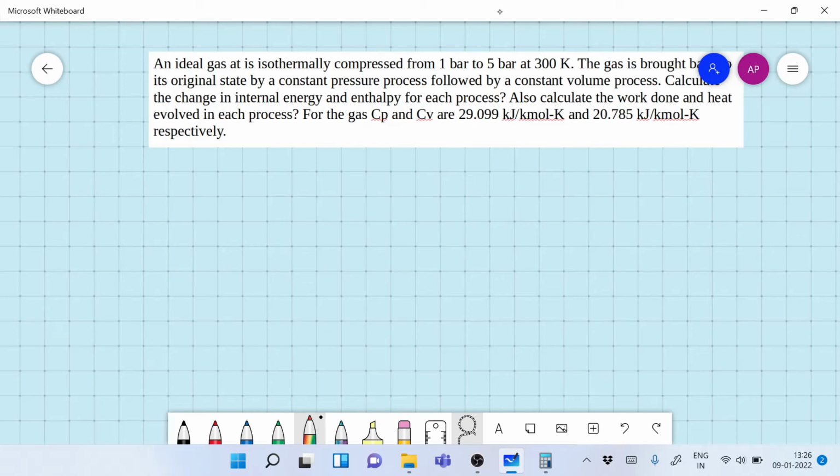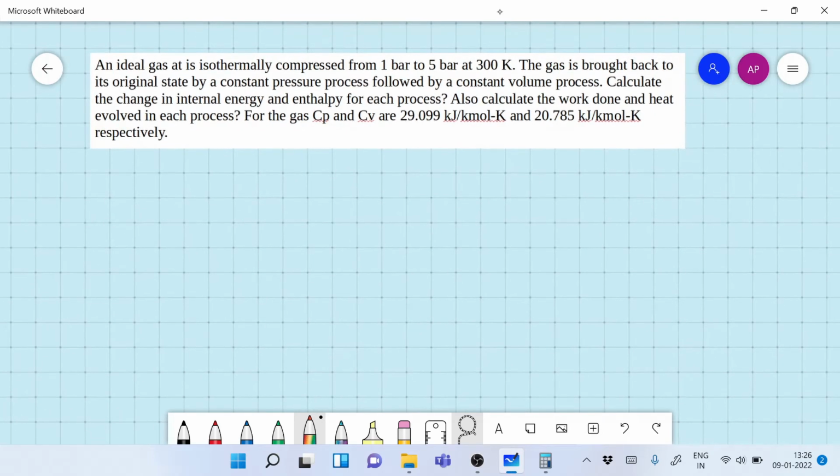Hello, friends, and welcome to yet another lecture on chemical engineering thermodynamics. Today, we will learn how to solve a problem on cyclic process. Now, let's first understand what is a cyclic process